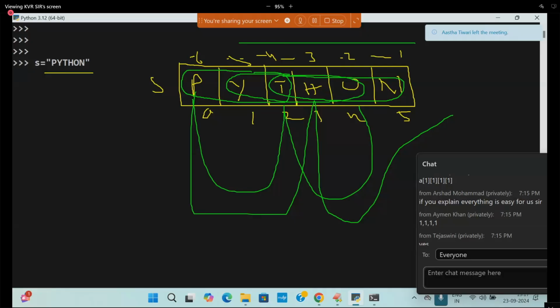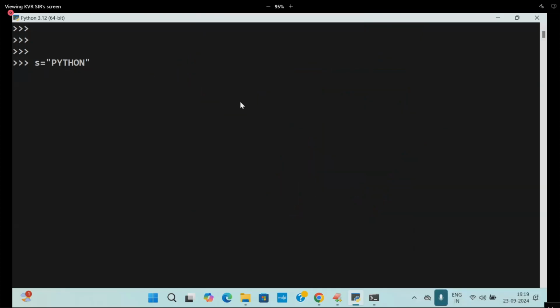Because I've seen most of the notes: slicing, syntax number 1, under it some examples and sub points.